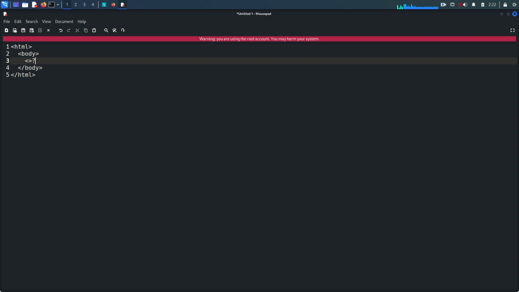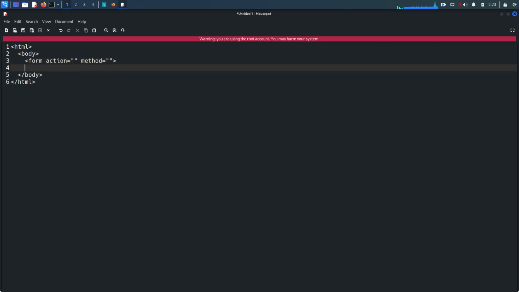Within the body tag, we have a form, and within the form we need to define the action and method. Then within this form, we must have input fields. So the input type is hidden, the name is something, and the value is something, and we need to close this input tag,